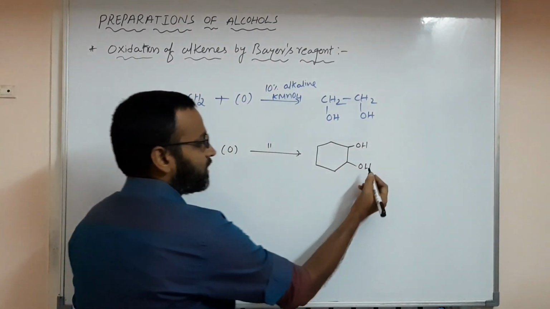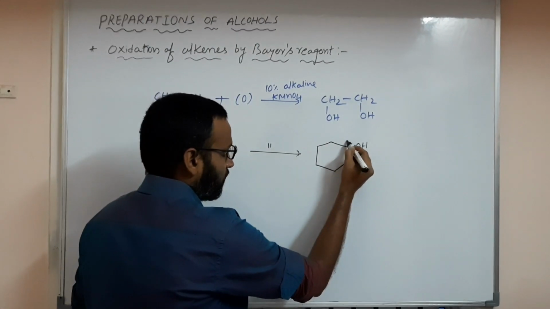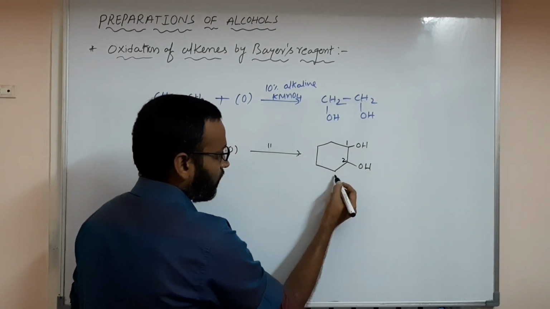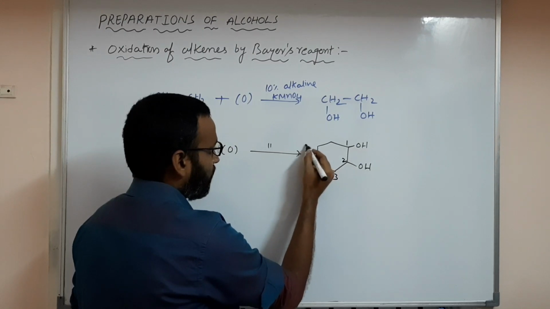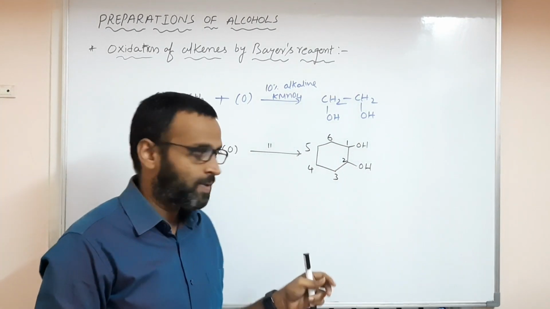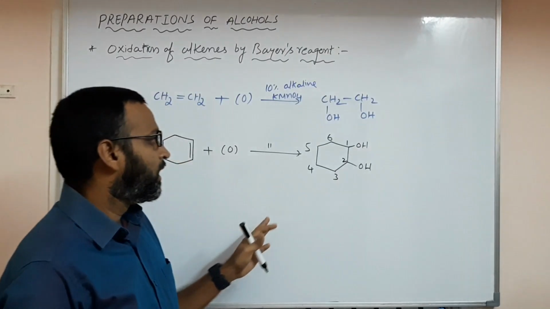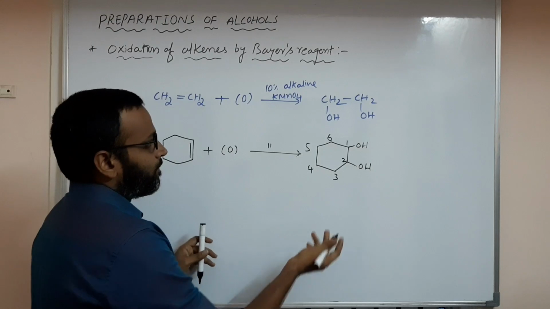IUPAC names they can also give as options, and that depends on your ability to give the name, numbering 1, 2, 3, 4, 5 and 6. IUPAC nomenclature we have discussed many times, and even in this crash course we will discuss it, don't worry. In this way you can answer.